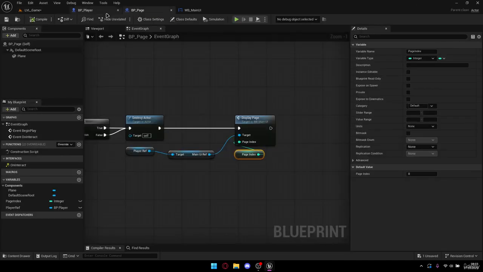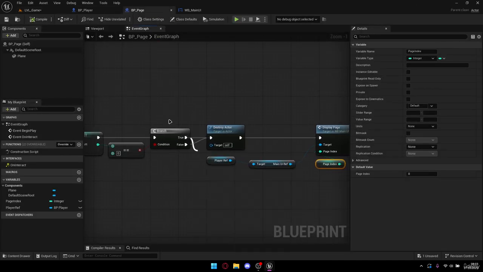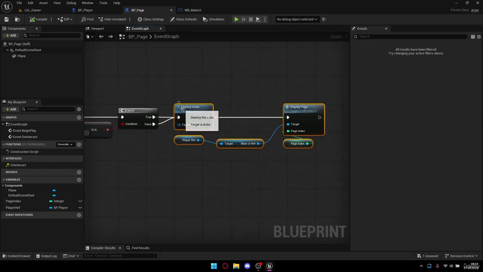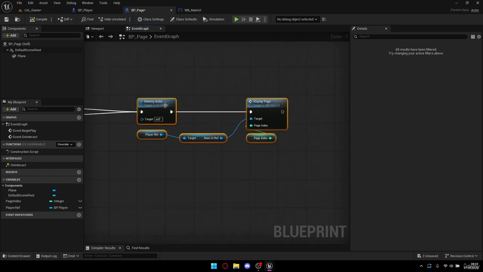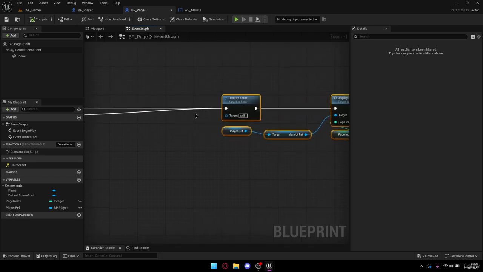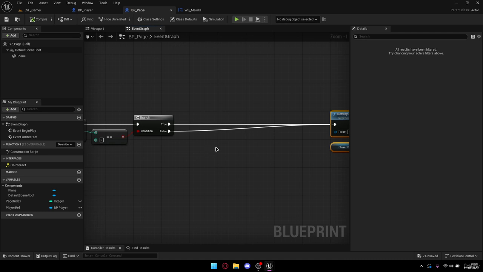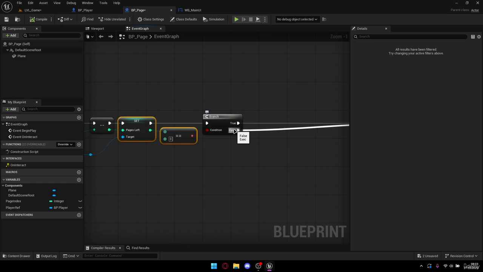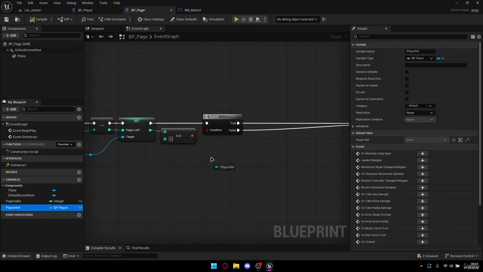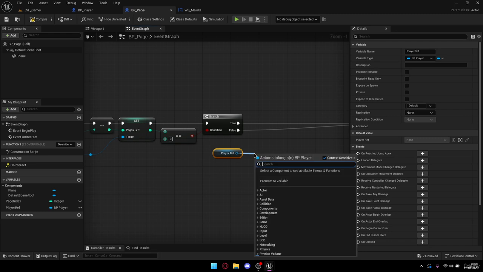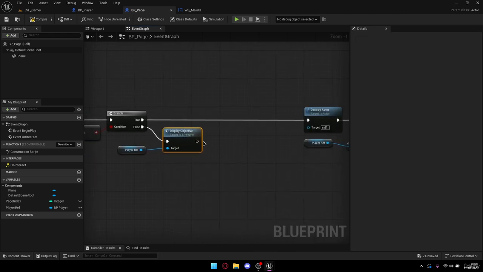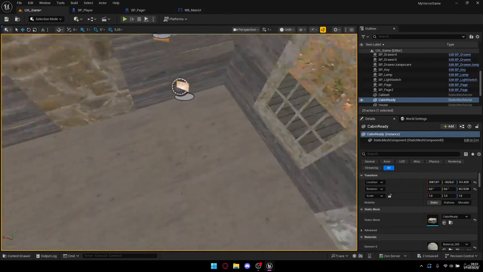And here's one more thing we can do in BP page. Remember this branch? We are just checking if we still have some pages to collect or we've collected every single one of them. Let's just move this destroy actor and display page a little bit further because we can add one thing here. When we make sure that this is not equal to 0, which means that we still have some pages to collect, we can just get player reference and do display objective. The same thing we're doing by pressing tab. We can just call this display objective from here,